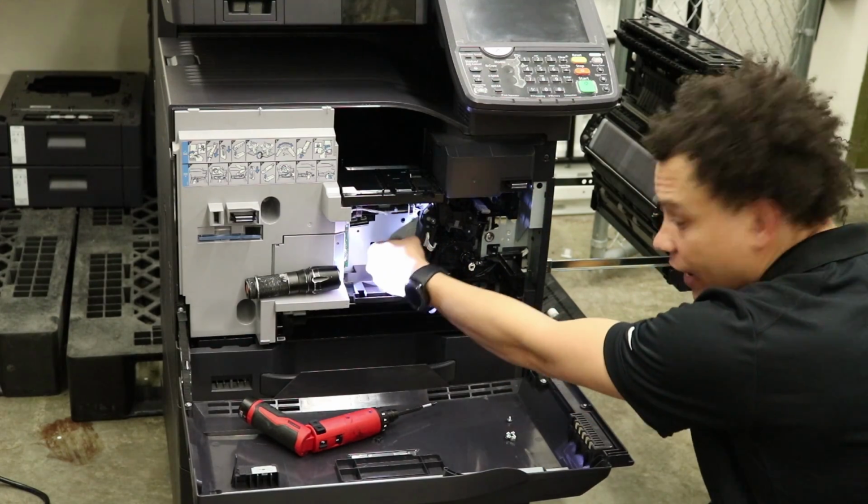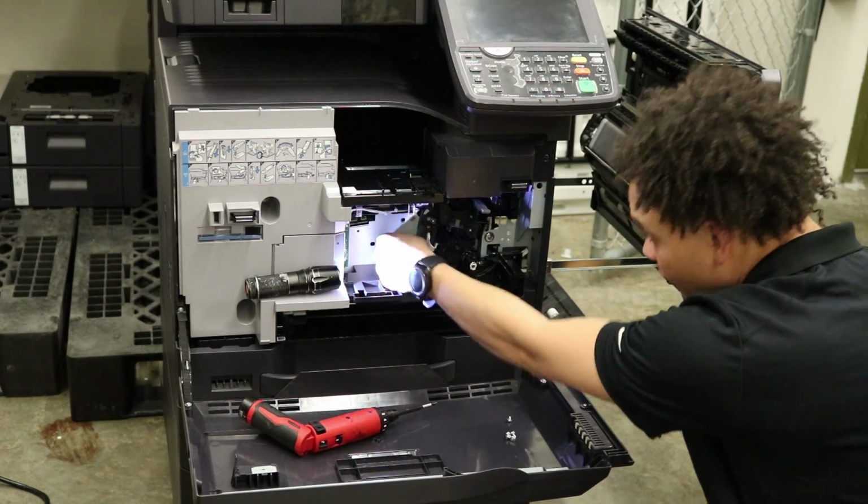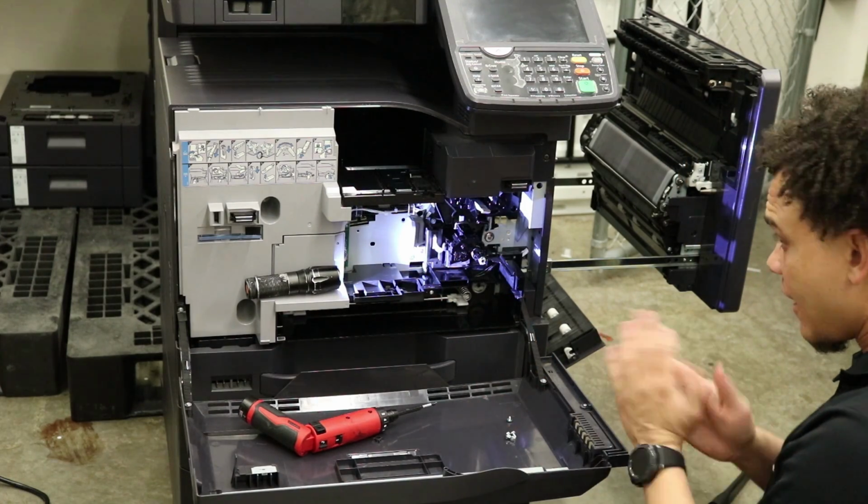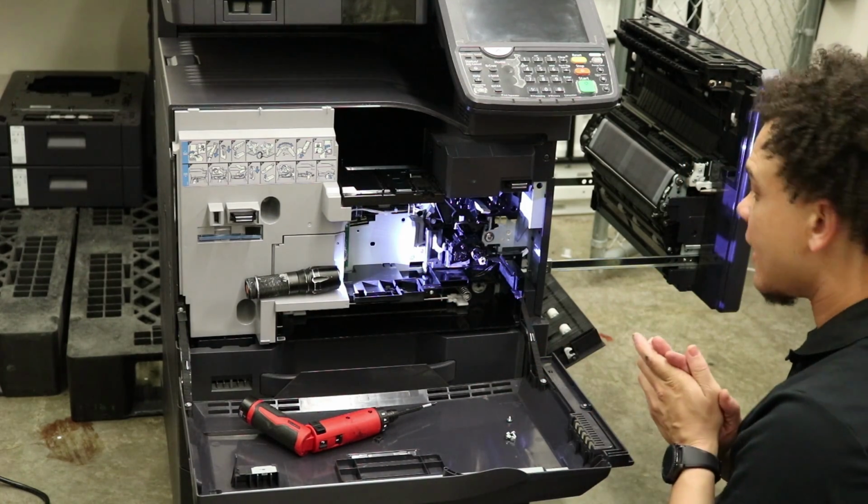Go ahead and move the handle on the left hand side. Move it to the right. You should hear a snap. And that is a good thing. Next up,